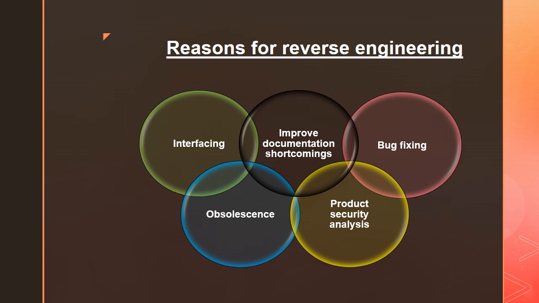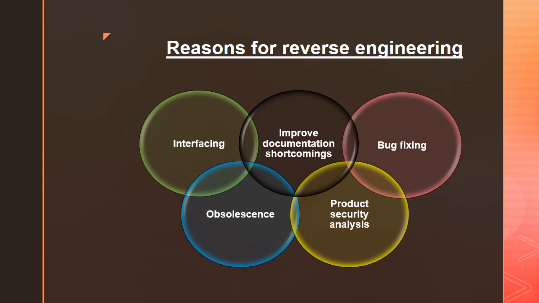Then, in order to provide product security analysis, for example, we are examining how the product is working and what the specifications of its components are, we are estimating cost, and we are identifying all the potential threats that can occur. So in order to provide all these security features, or to add or integrate some more features to the existing product, we need to do reverse engineering.